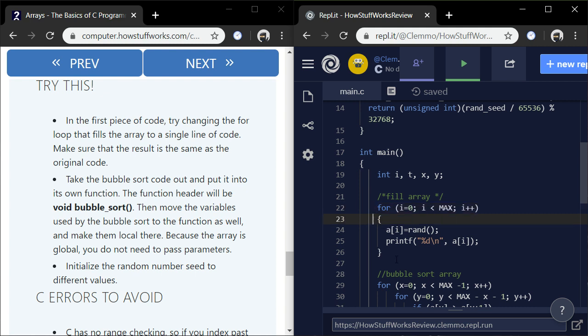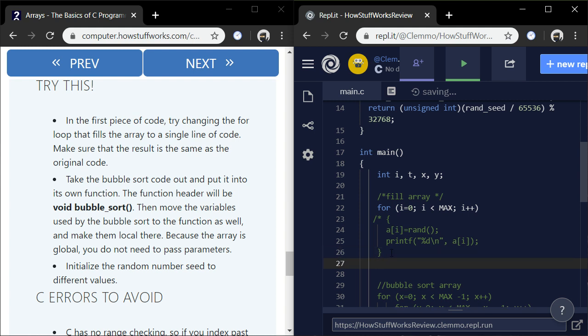Let's assume we're going to need that later, so let's just comment it out, and then we can add it later. So if I understood correctly, I think all I have to do is make a comma here. And then this. We'll find out soon if I get a syntax error.